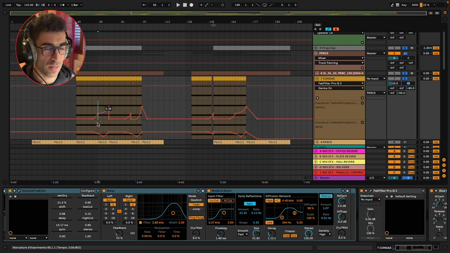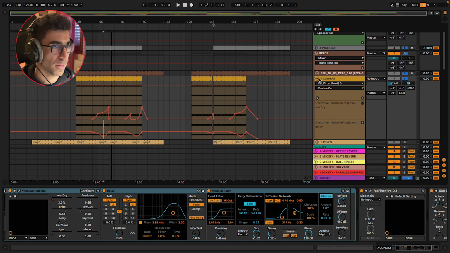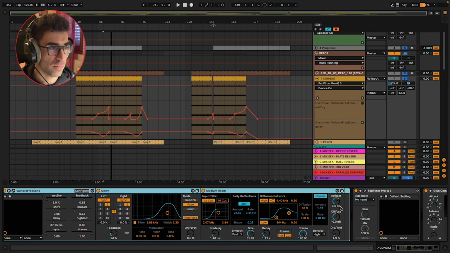As you see, I used this on breakdowns and on all the transitions from one section to the other. And it's simply moving with the track. Again, delay, reverb.